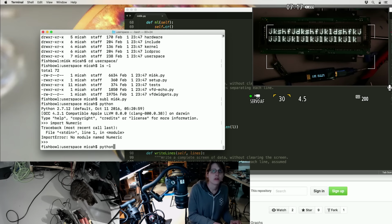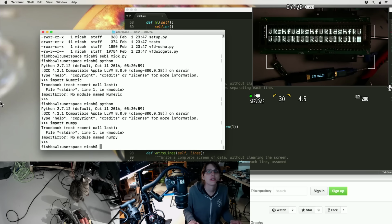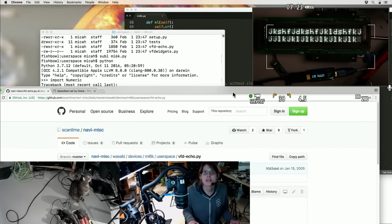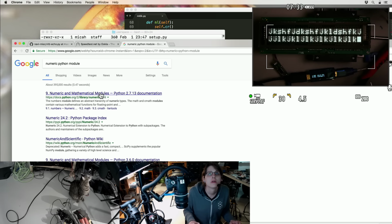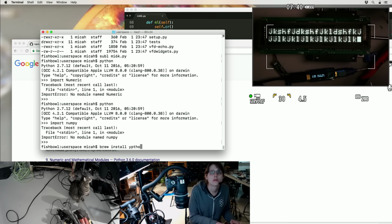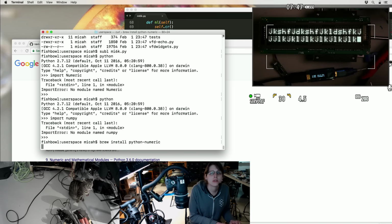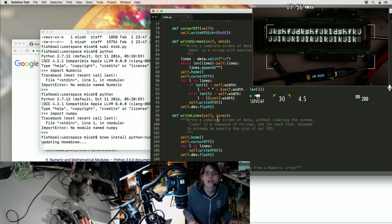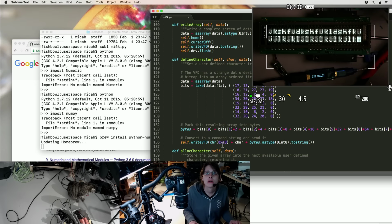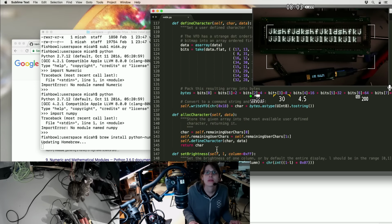Well, it should be... What is that stuff called? It's been a while since I used numeric Python. Maybe that's still available. I know NumPy has pretty much the same API, so maybe there's just a compatibility shim, or maybe it's just trivial to change. I also forget what I used that for here. Oh, it was this. Probably other stuff, but...